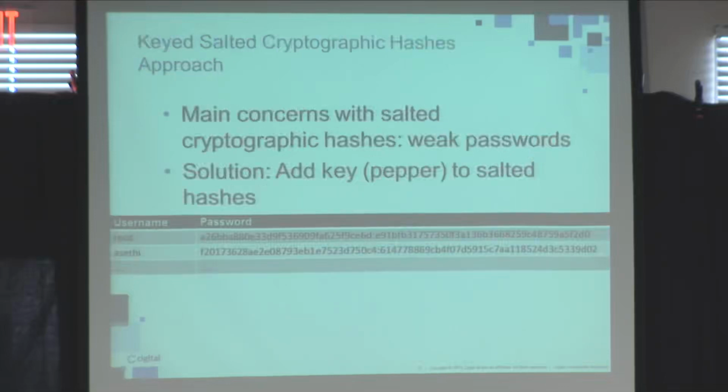So, salted cryptographic hashes, the main concern we have now is weak passwords. And there's not much we can do about it. We can enforce password policies, but at the end of the day, people will still want to choose easy to remember passwords. Well, one solution to that is to add a key, sometimes also called a pepper, to our salted hashes. So our approach before was to have a salt and a hash of the password and the salt. Well, now we add a key. And now what that does, as long as the key is protected and the key doesn't get compromised along with our table of usernames and passwords,